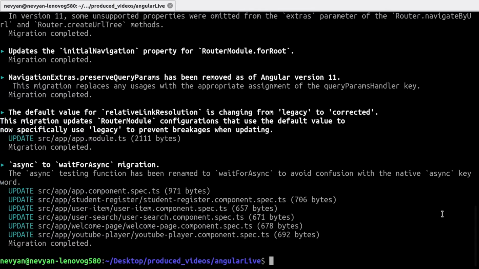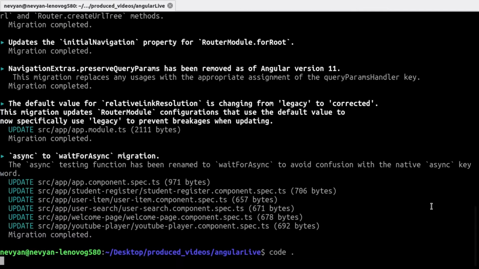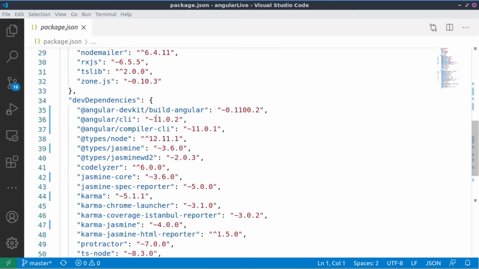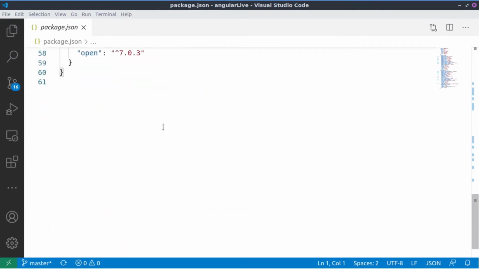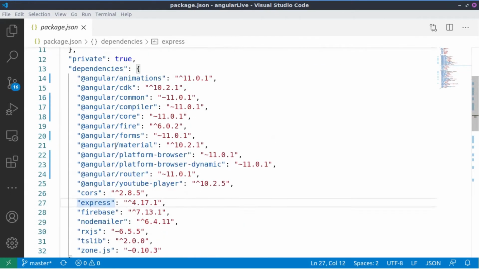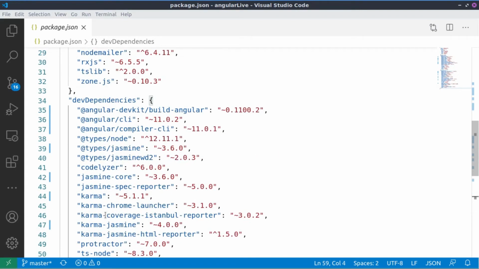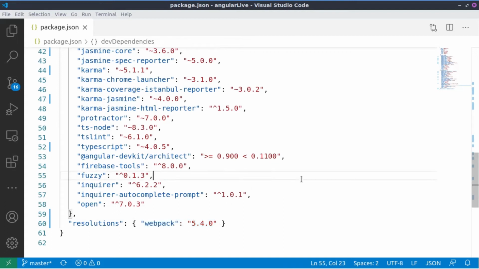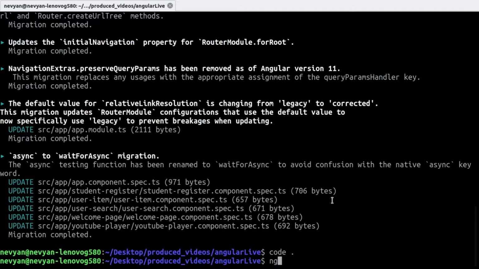First off, we can update our Angular with ng update, Angular CLI, and Angular core. We will launch Visual Studio Code, and basically we need to place the following resolutions information inside of package.json. So just find an empty line outside of our dev dependencies, let's say, and we'll just paste the resolutions. The other step is to run our code with ng serve